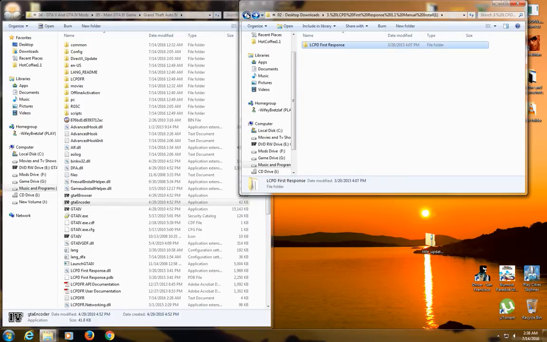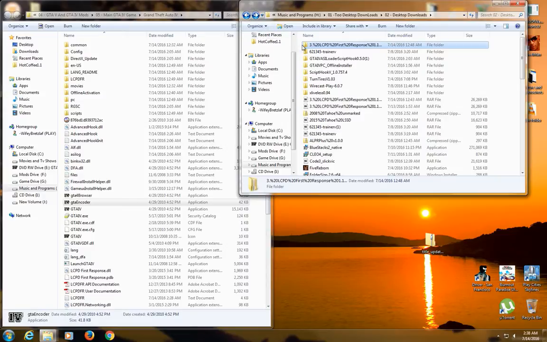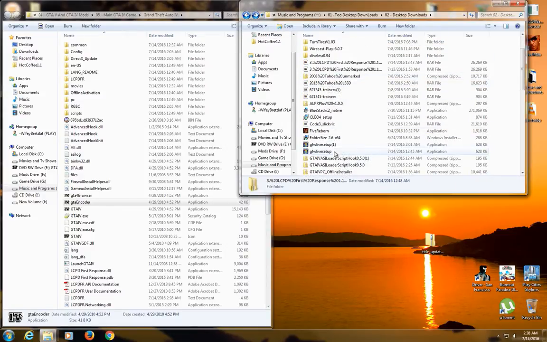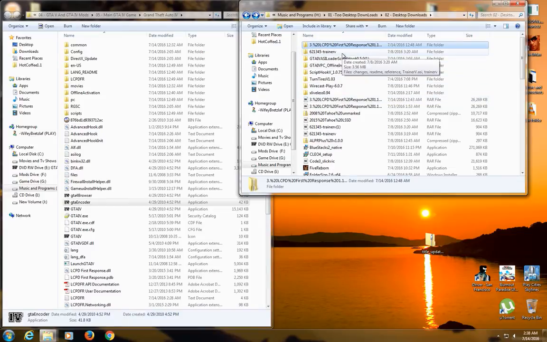So after you get the Games for Live installed and get your game installed, you copy these files. You need to play the game first. You need to at least get to your apartment to save the file. After that, then what you do next is, after you're done with that,